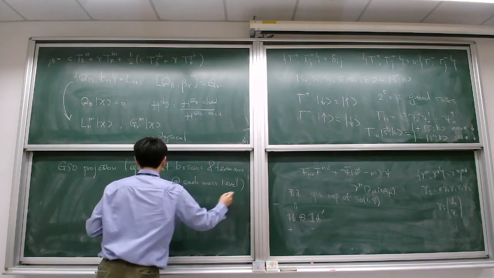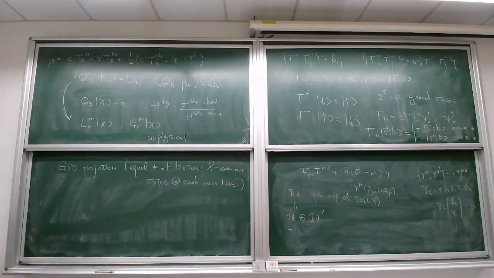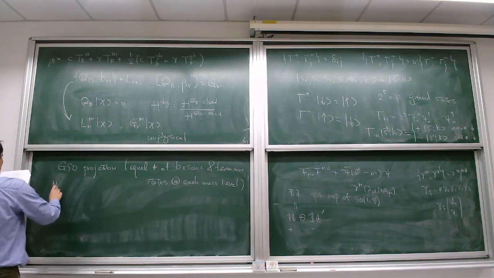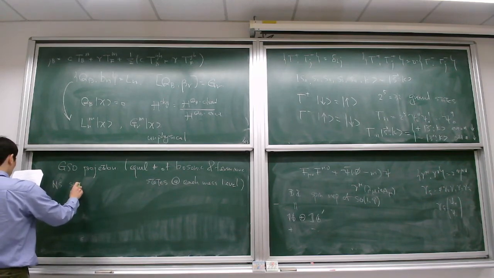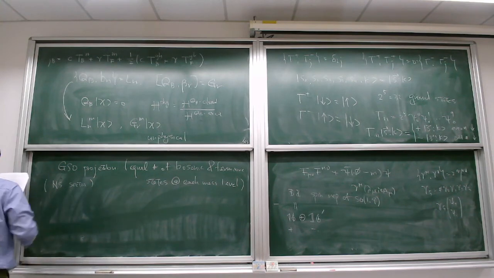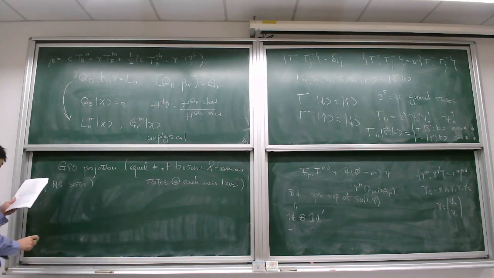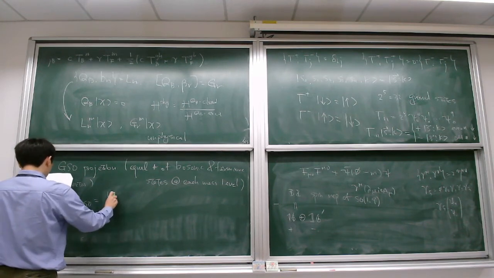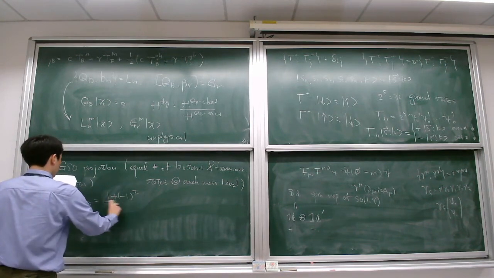Unfortunately, I don't think I can get to the end. So this is the purpose of the GSO projection. In supersymmetry, you want the number of boson and fermion states to be the same. To do that, we need this for the NS sector. So you just introduce some operator, the so-called GSO, which is 1 plus or minus (-1)^F over 2